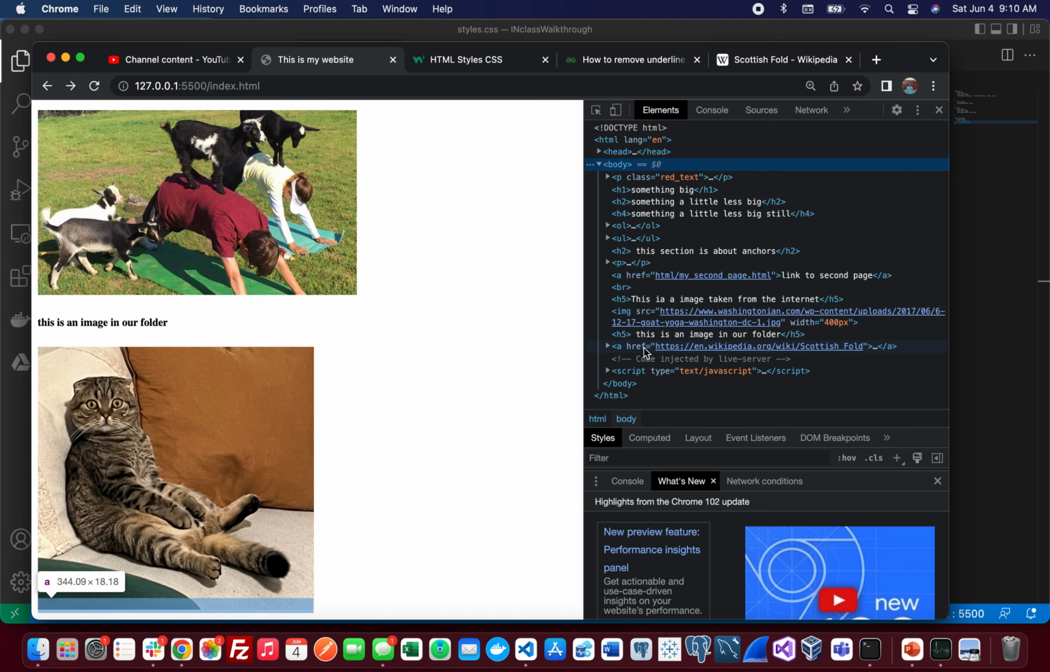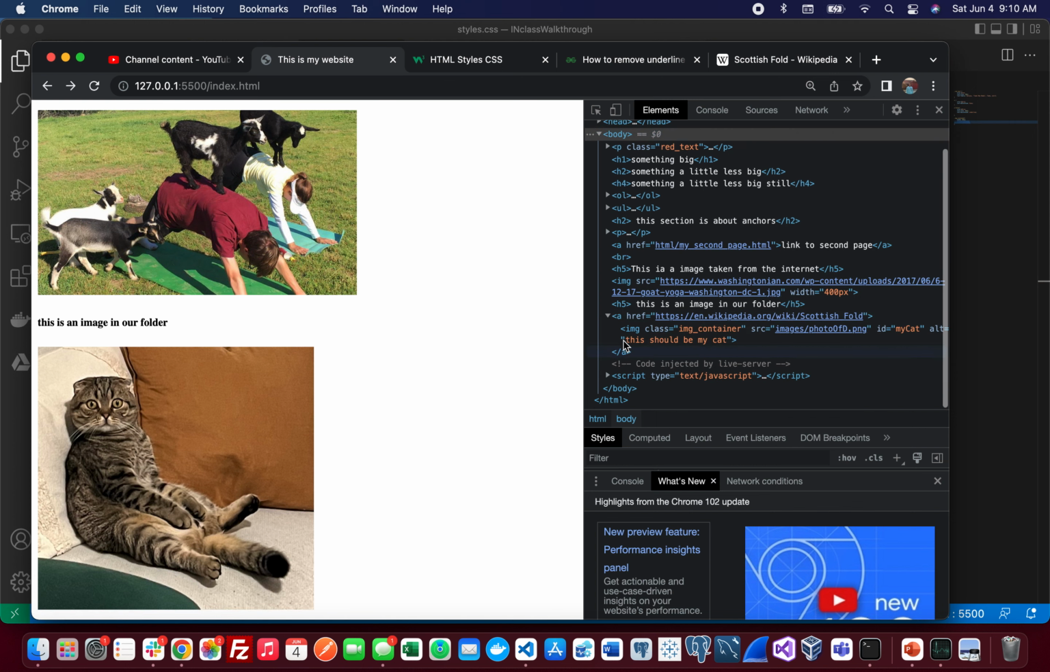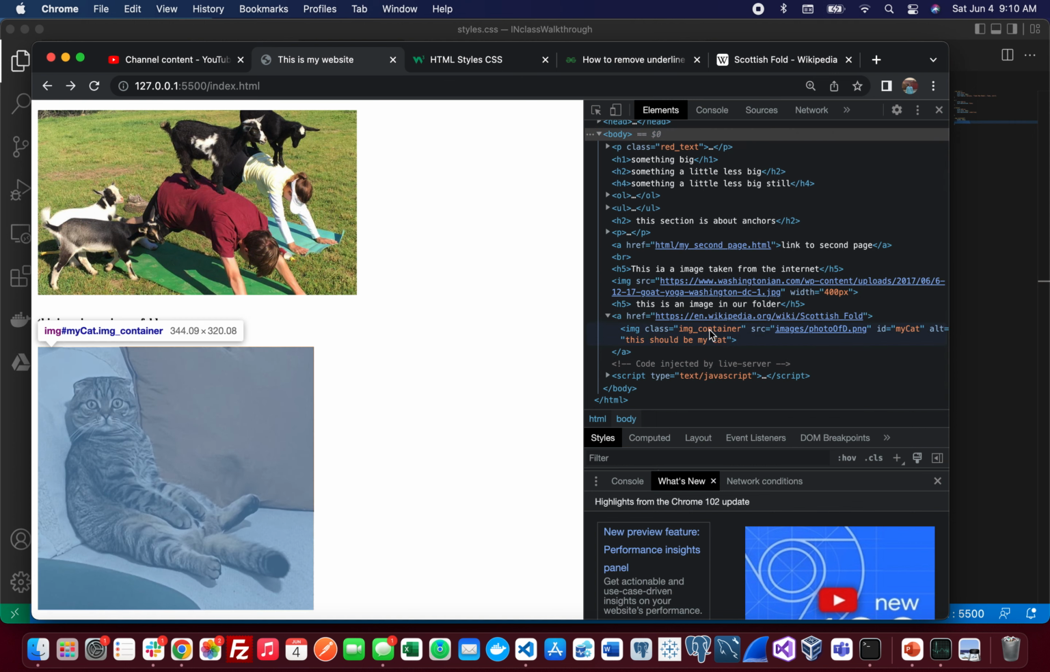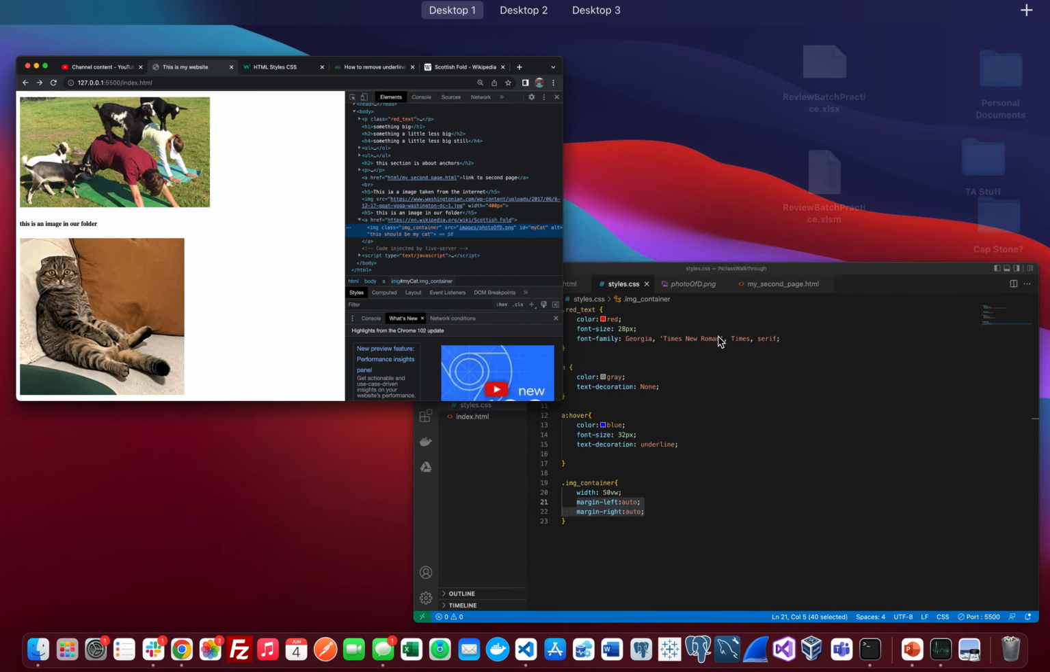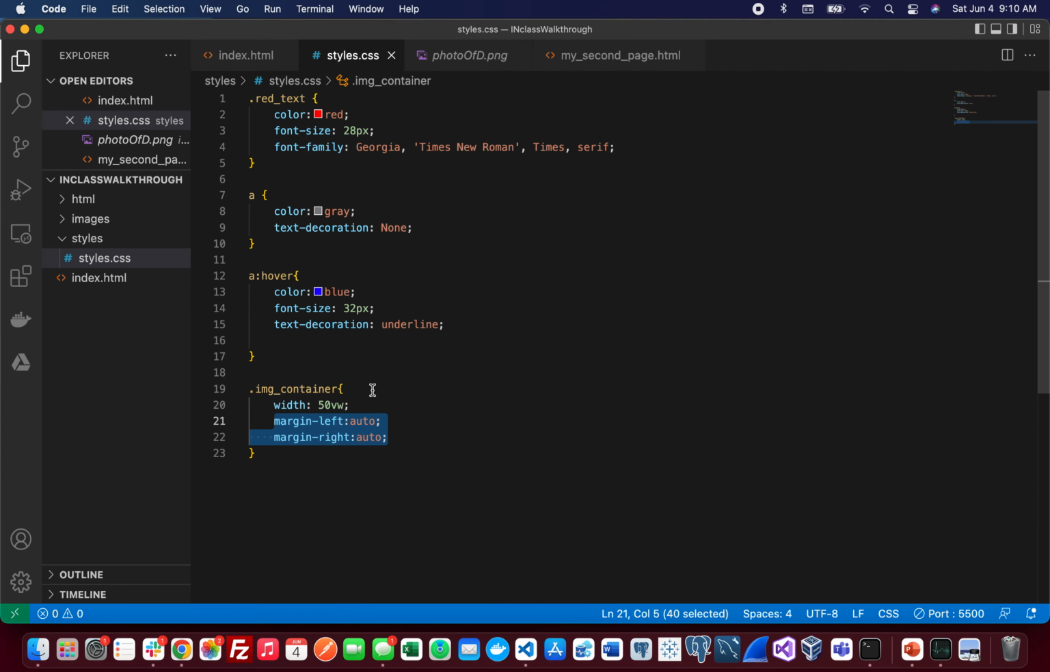So I just did that inspect element. My class right here is image container. I know it's working because the view width is working. What if I make it a static amount? So if I was like